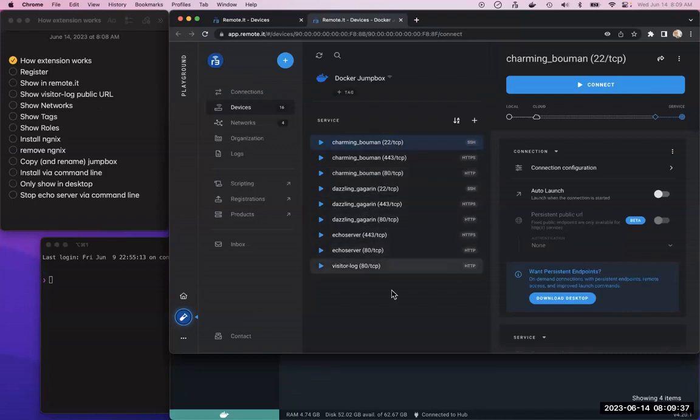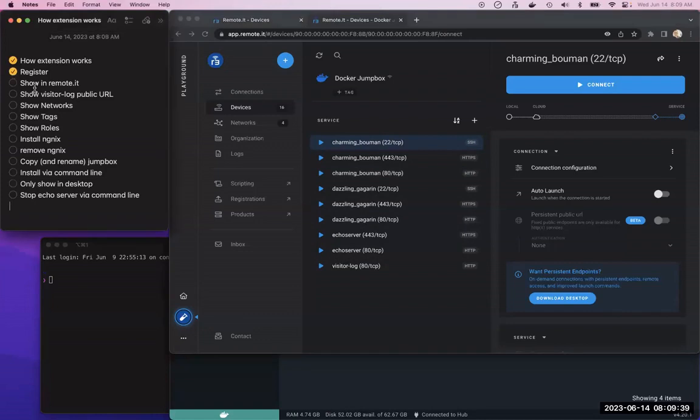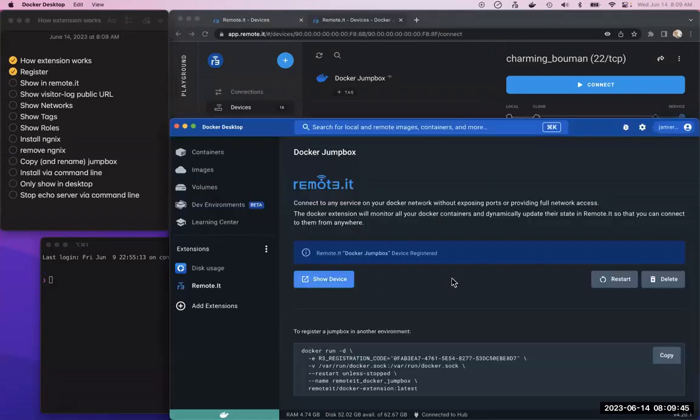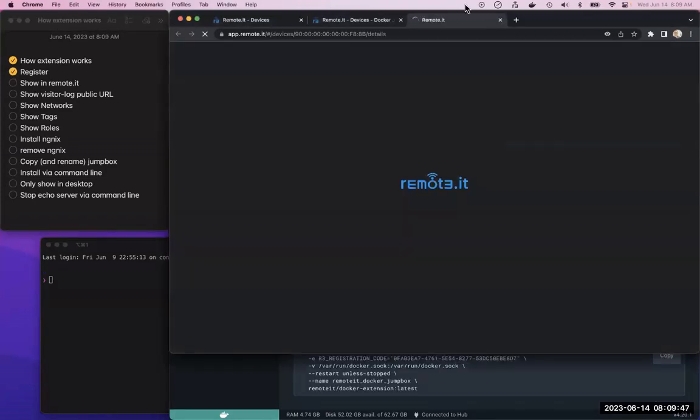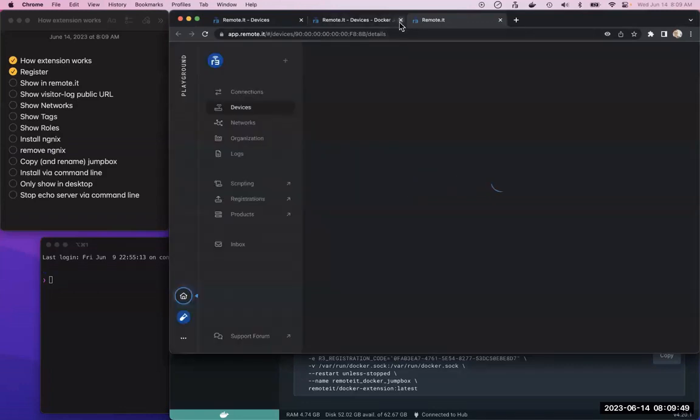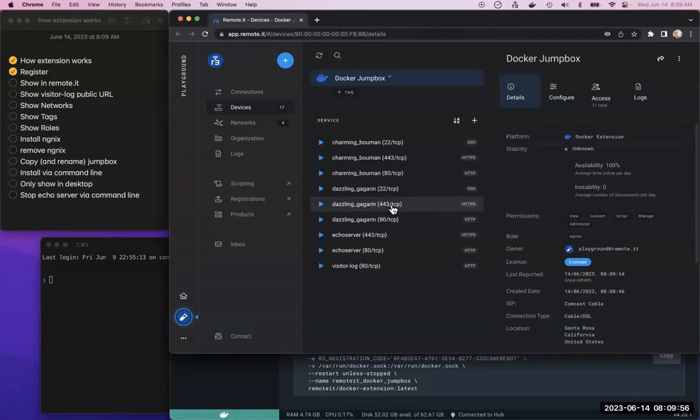Got a little echo server and a little visitor log server. So now I'll show you. This will do the same thing as going in there and jumping to the device. So once we go to the device, now that it's in Remote It, we have control over who sees it